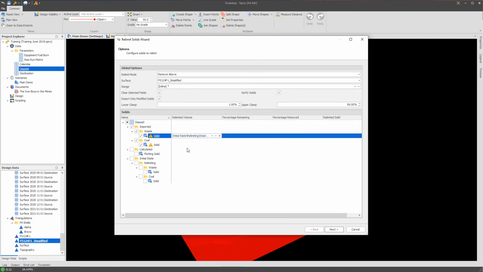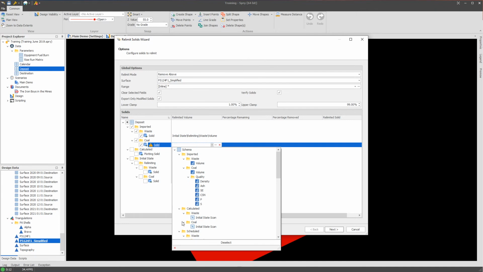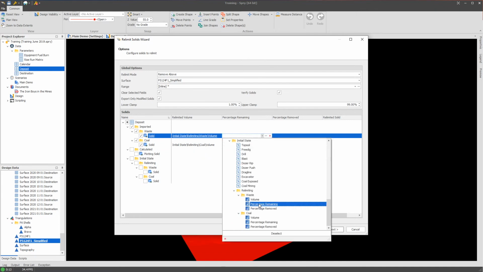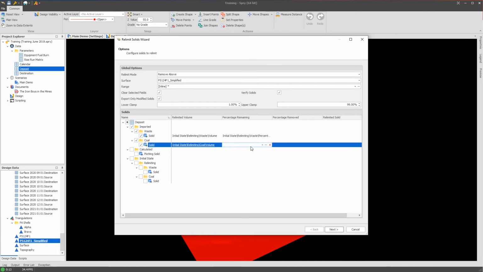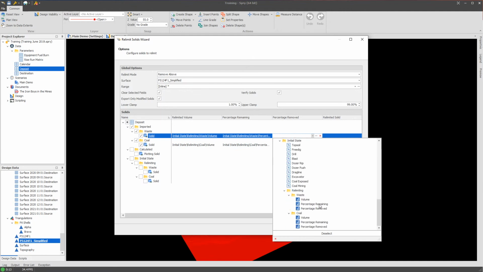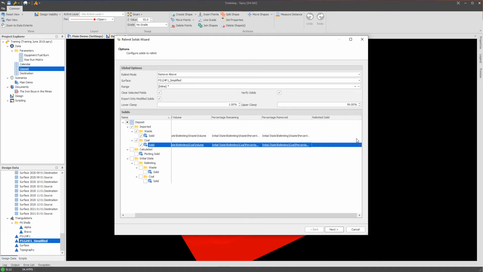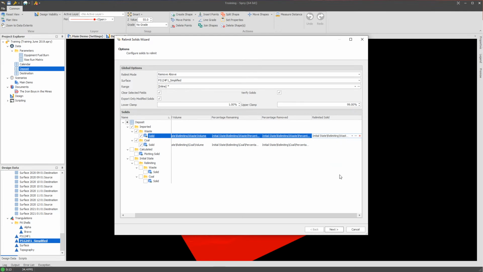So we're going to write the volume to the volume field for the waste. For the coal, we're going to do the coal volume. For waste, we're going to do percentage remaining. We're going to do coal percentage remaining. Once you've done these once, these settings will get saved. So unless you're dancing between lots of different ways of relimiting, you won't have to go through this more than once. So we're going to go through set coal, coal, waste, waste, and then finally where the relimited solid is